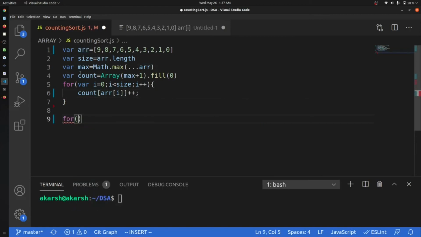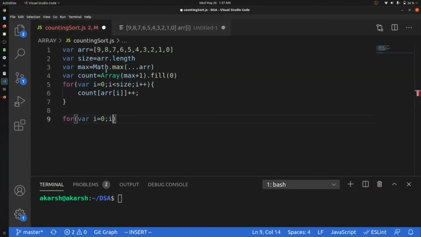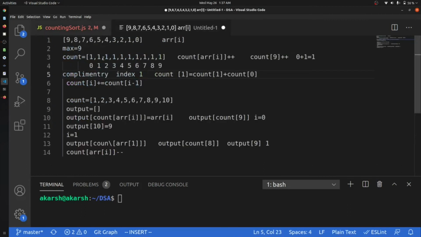Now we have to find the complementary. So again we are taking i as 0, sorry, it will be a for loop. In the next step we have said that in our complementary count, we start from 1. You can find this explanation in the description below.